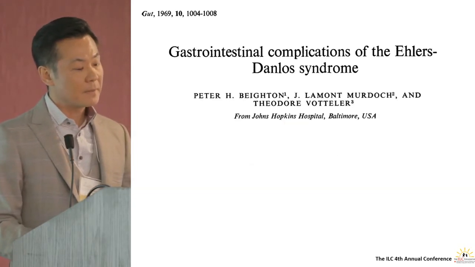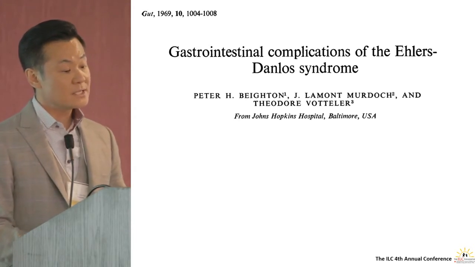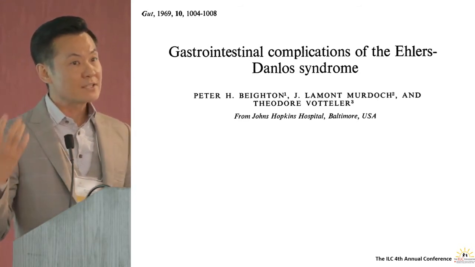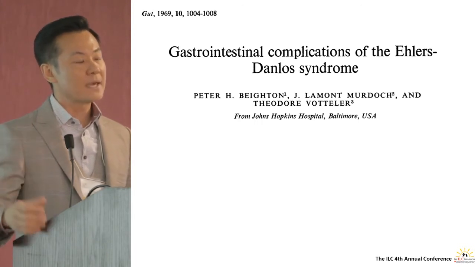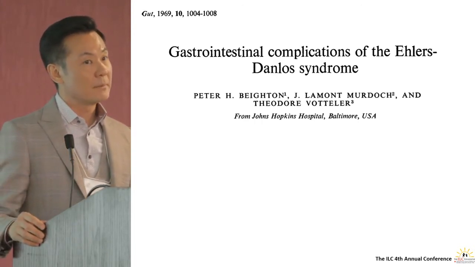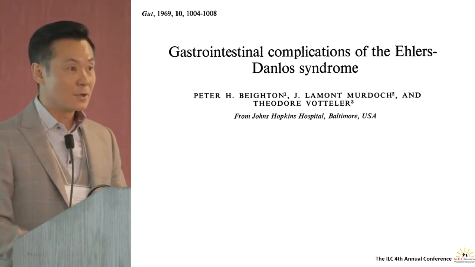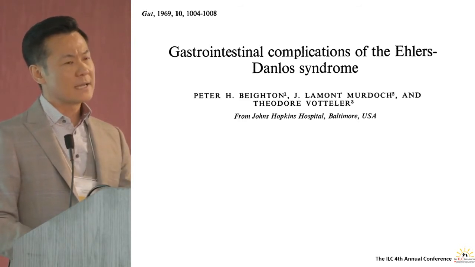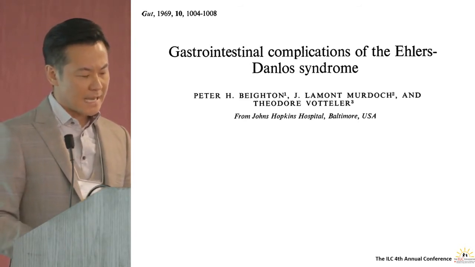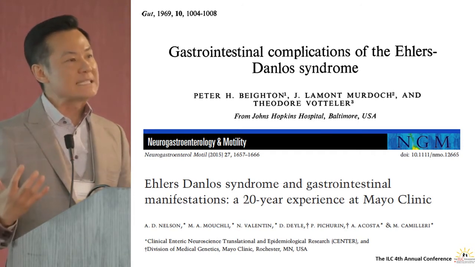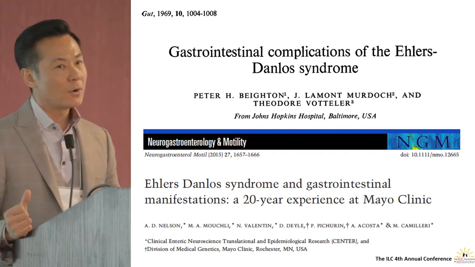The first study published on the gastrointestinal complications of EDS was actually from Dr. Beighton, from 1969. At that time, of course, we didn't have as good endoscopic therapy, so he described cases in patients predominantly complicated by GI bleeding and some structural abnormalities, spontaneous perforations, and those cases. All the cases that he had were from England, the United States, and Canada, as far as I recall, about 125 patients. The most recent one, closer to what we see these days, is the Mayo cohort that was published last year,